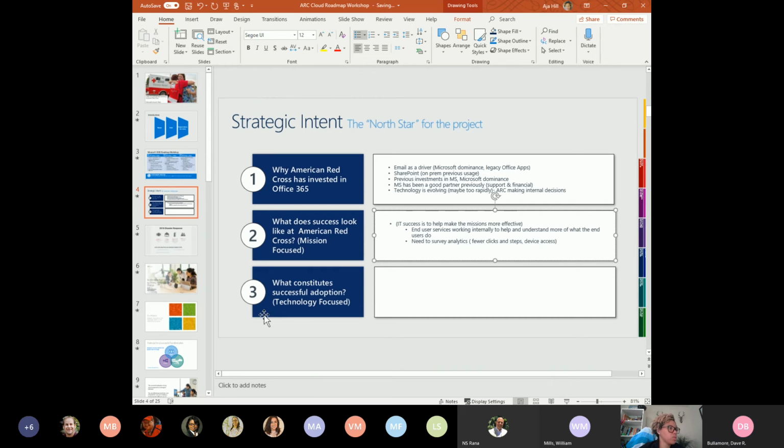And I think when I think about identifying success from a technology standpoint, I would absolutely agree with that. Technology success could be fewer steps, fewer clicks, device access. But when you're talking to the people that are using the technology, do they see success in their job as fewer clicks, fewer steps, maybe better device access? Is that success for them on their metrics they need to accomplish? Yeah, I don't know. I'm not going to try and speak for them on that.